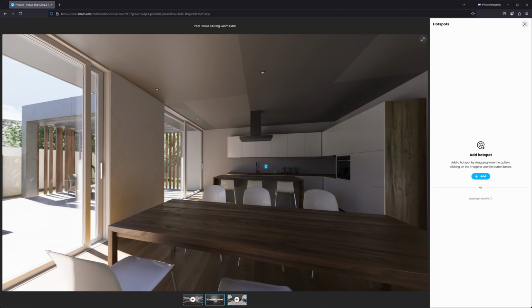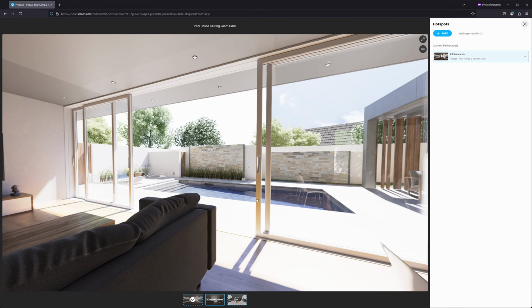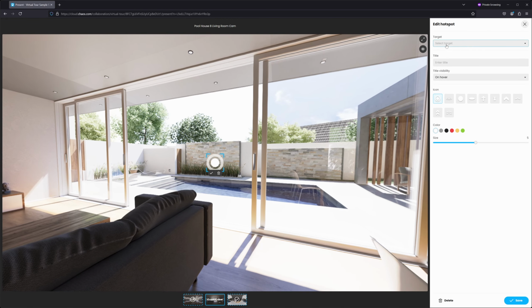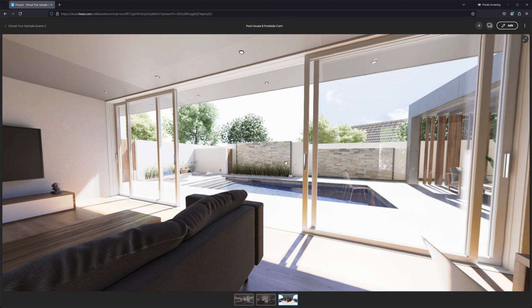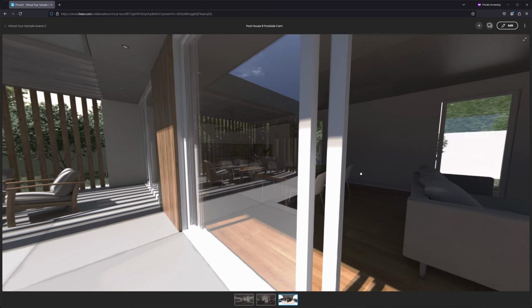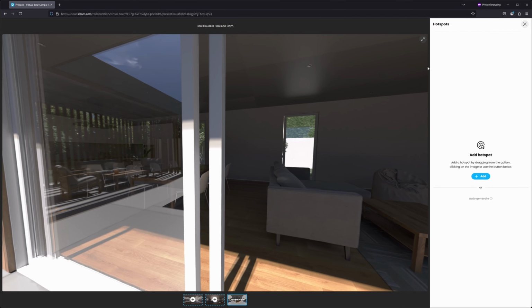So we're going to create another hotspot here, pointed at the kitchen, and we're going to link it up to the kitchen image, called the kitchen area, and just hit save. Okay, and we're going to do the same for the pool area. So we're going to create a hotspot here, link it correctly, call it the pool area hotspot, hit save. And now we're going to go to the pool area, and in the pool area, again,